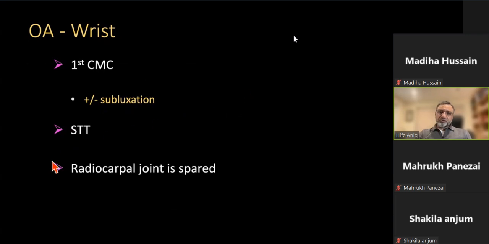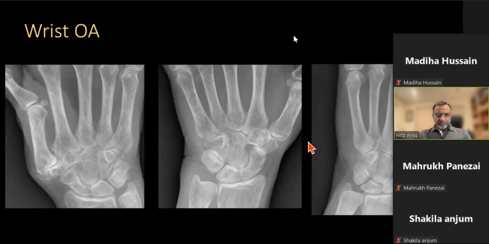But again, the most important thing is that in osteoarthritis, the radiocarpal joint, not the radioscaphoid joint, is spared. So look at this patient's example. The radiocarpal joint is okay. STT joint space is reduced, and now we see that the first CMC is not bad here. Now looking on the right side, radio